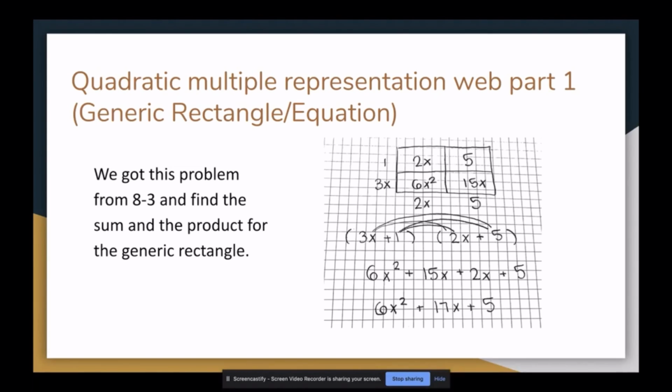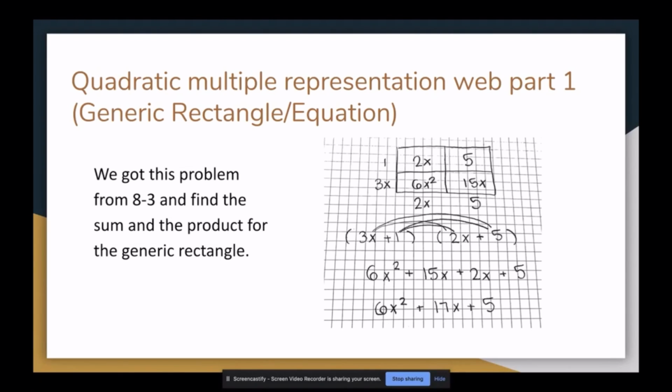So for 6x squared, we put 3x on one side and 2x on the other side. And in the box in the right corner, we put 5, because 3x times 5 is 15x. And then for the top left box, we put 1, because 2x times 1 is 2x. And then we transferred it, so we just put addition signs in the middle